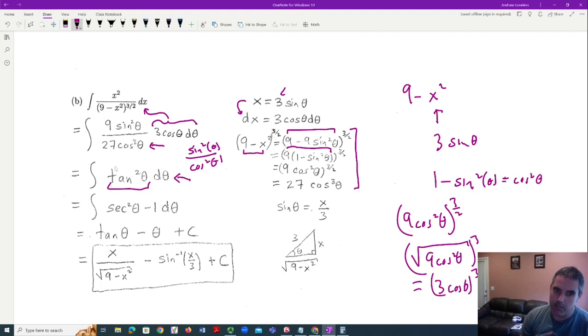This doesn't really fit any of our methods. And when that happens, you look for an identity. And the only identity we have on our sheet that involves tangent squared is secant squared minus 1. And luckily, those are integrals we know. Now, if you wrote the following, tangent